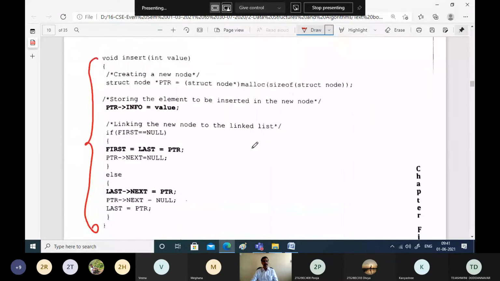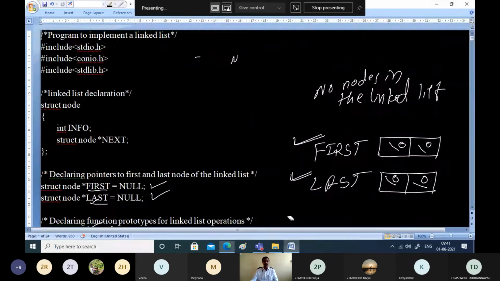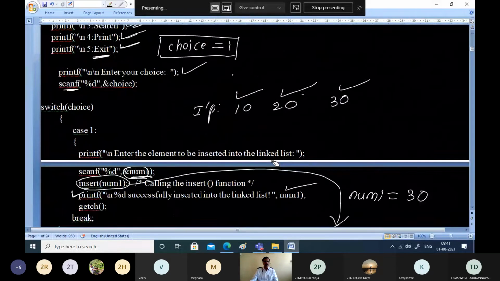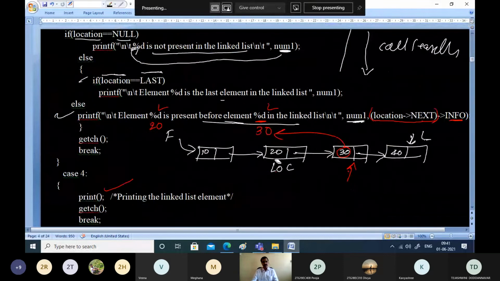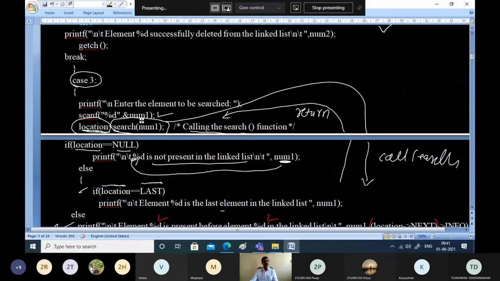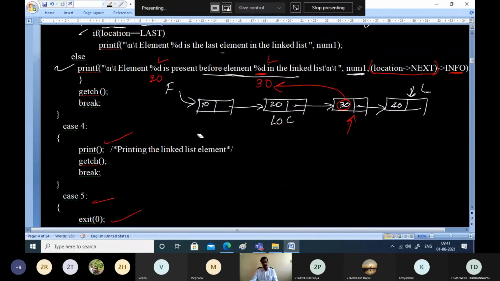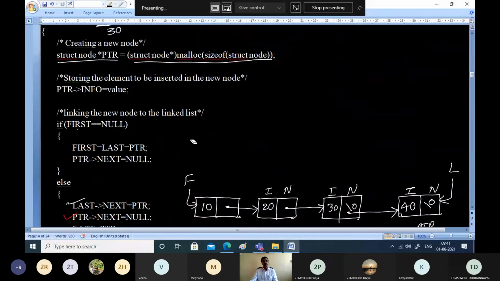Now let us see the definition of the delete function, how the delete function works. I'll just continue with the same set of elements which we used in the previous explanation. After creation, these were the list of nodes.